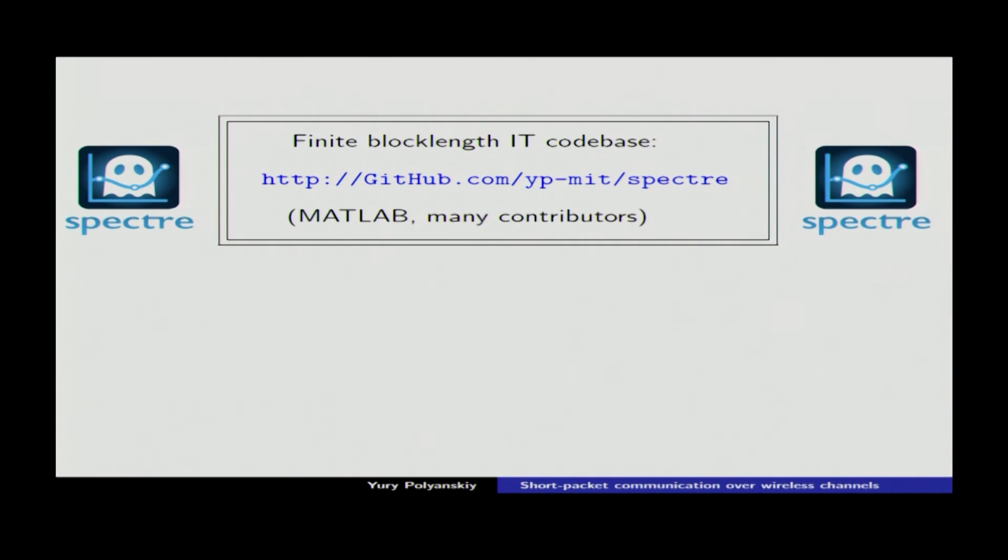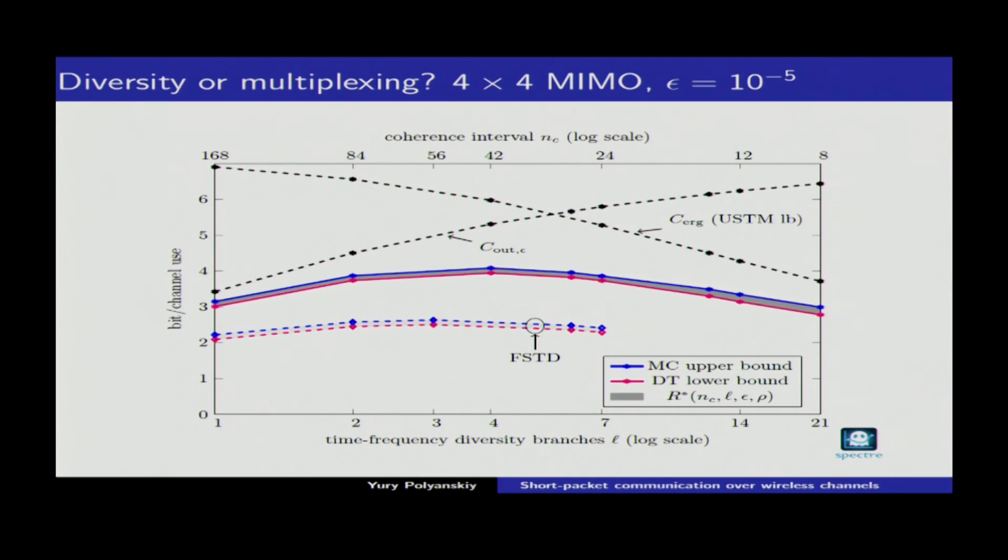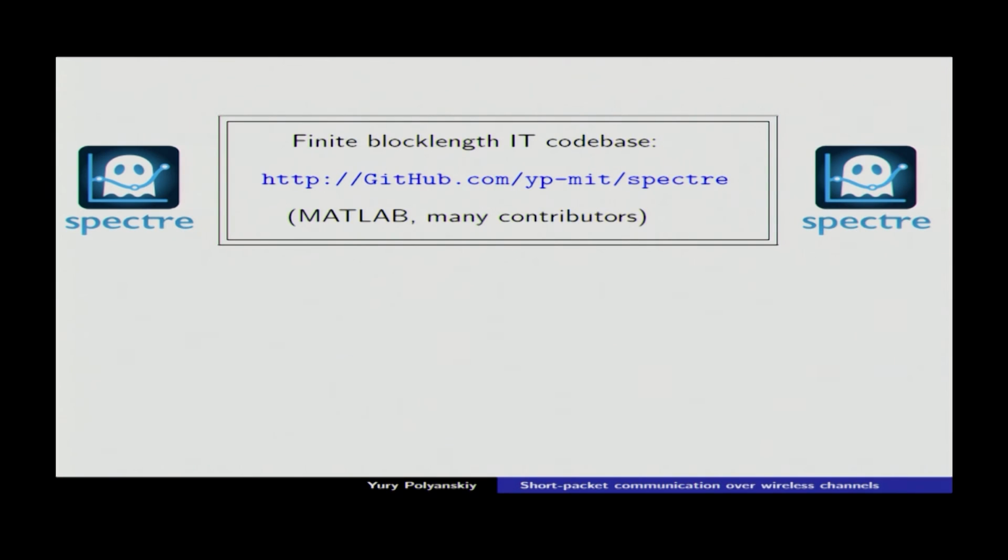All right, so now to conclude, let me just say that I forgot to mention that all my plots have this little ghost here, and this ghost is our MATLAB code base, which we carefully try, after each paper, to update and put all our code into. And so all the plots that are in this talk, you can just obtain by using this open source code. All right, and so thank you.